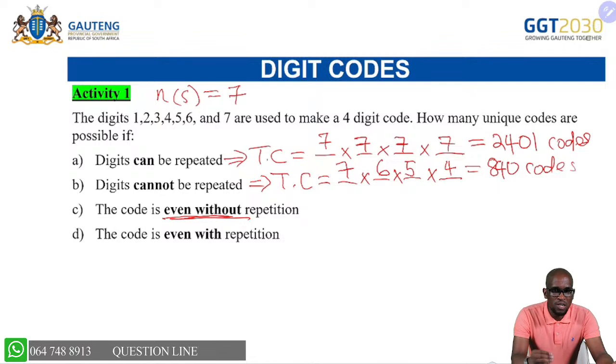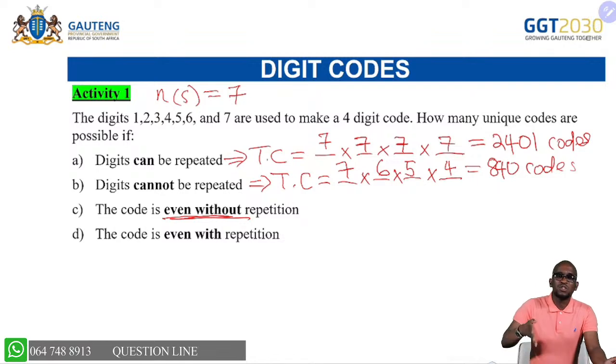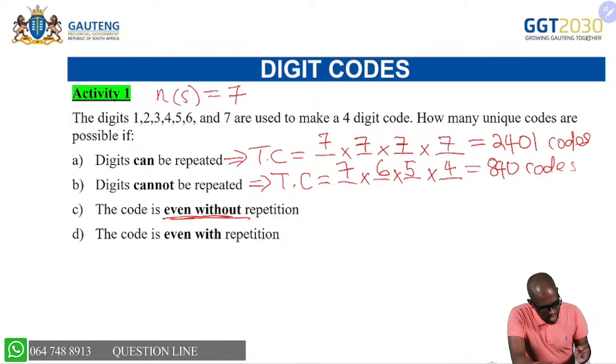So if the code is even, you can now check. Once they say to you the code is even, it means you look at the last position. The last position should contain an even number. If the last position contains an even number, then the whole code would be even. Right, so what we're going to do now is